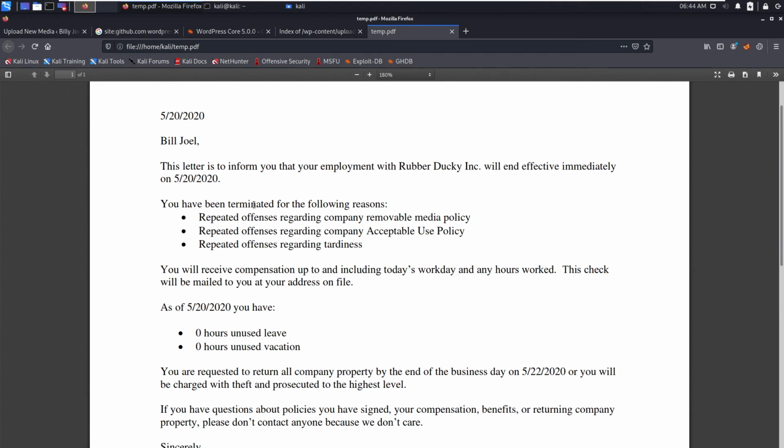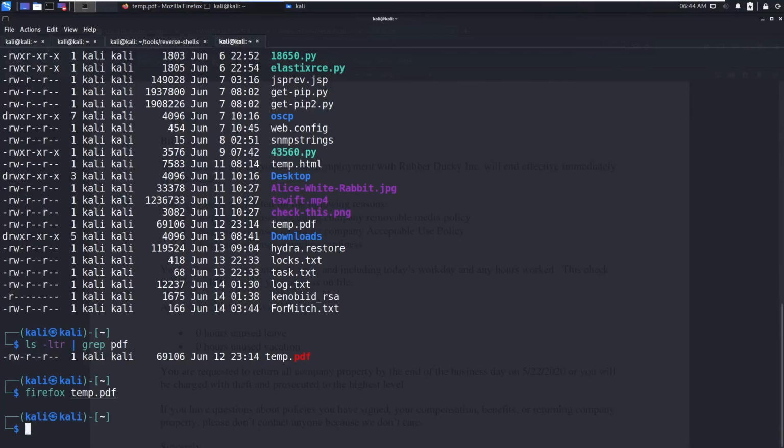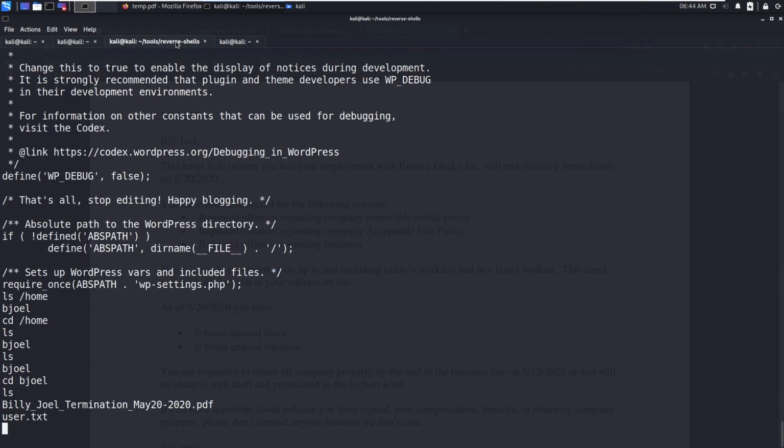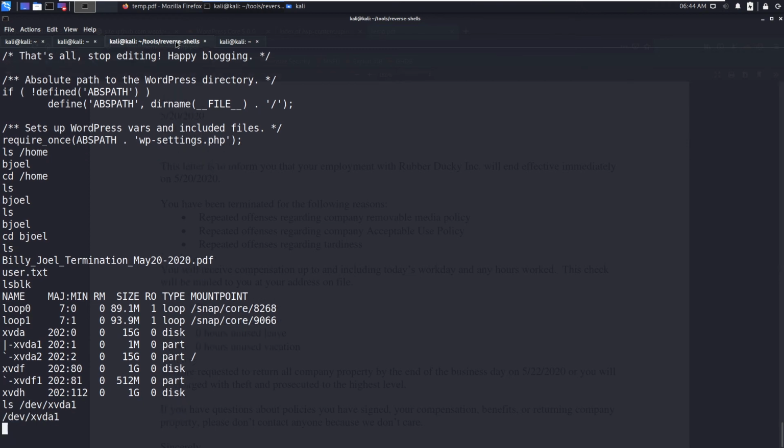Rubber Ducky is a USB, which you can modify the code and you can auto run the script whenever the USB has been plugged in. So this is the rabbit hole. First I spent so much time on this. So lsblk, and if you say ls dev vda1, it's nothing. So this is a rabbit hole.